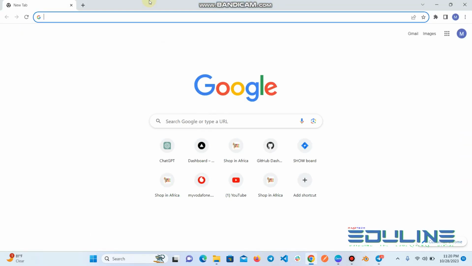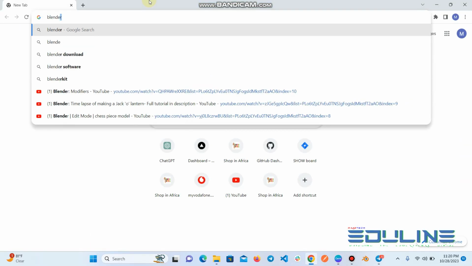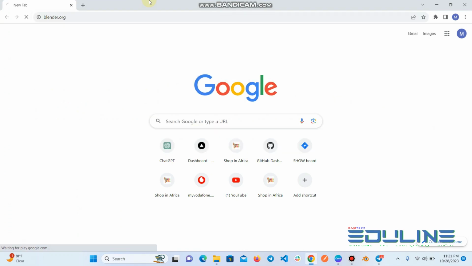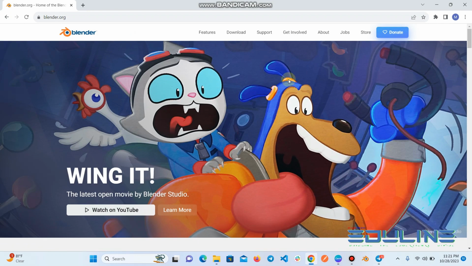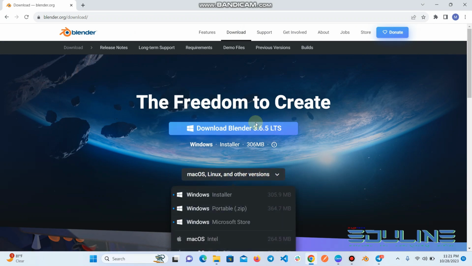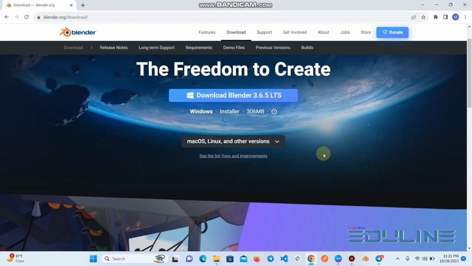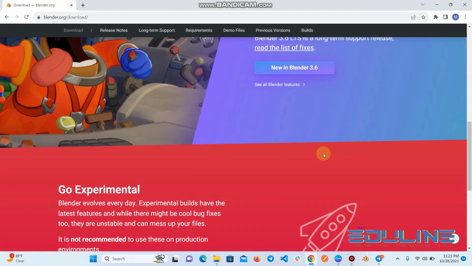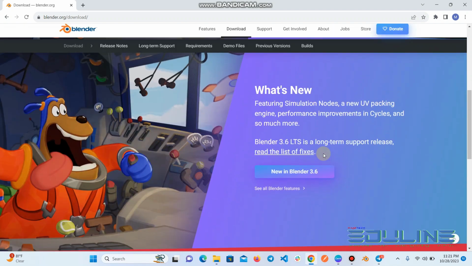Just go up to blender.org. Download process is quite easy. Just go on and just download it. You could also download other versions based on your system, and you might need some